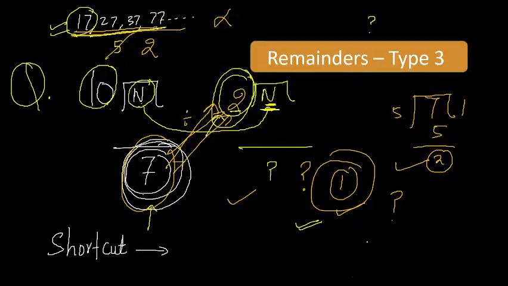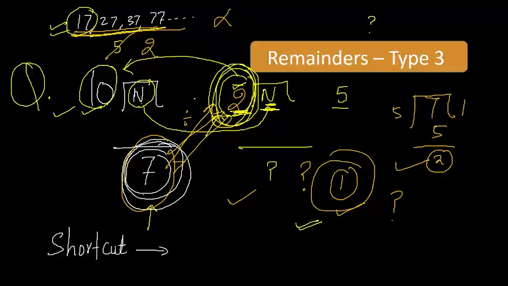Now, whenever this question will be asked, every time this second divisor must be a factor of the first one. Then only this question can be asked. Like initially I had taken 5. 5 was also a factor of 10, and now I have changed this to 2. 2 is also a factor of this. So whenever this question is asked, this will be a factor of the first one, then only you can